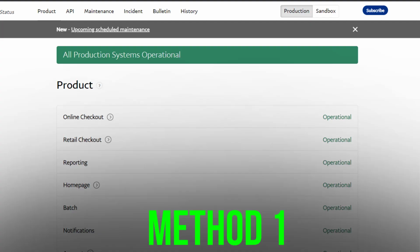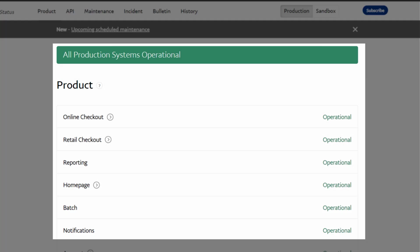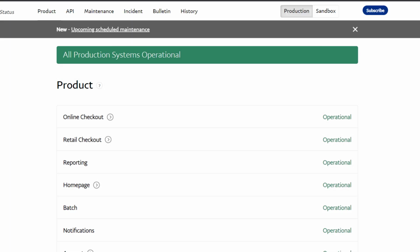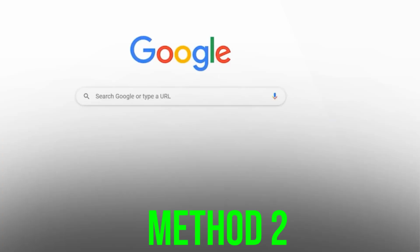So first of all, open up this page in your web browser and check its server status. Sometimes it can happen due to server issues. In case you find a temporary outage, wait for some time and try again later. But if you experience no outage here and still encounter this issue, then what you need to do is go